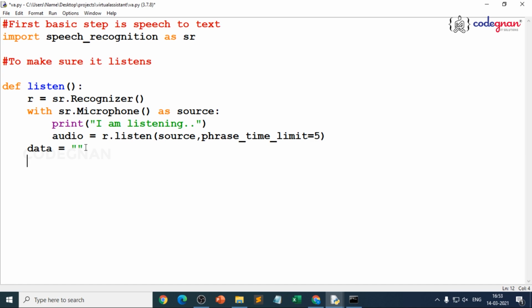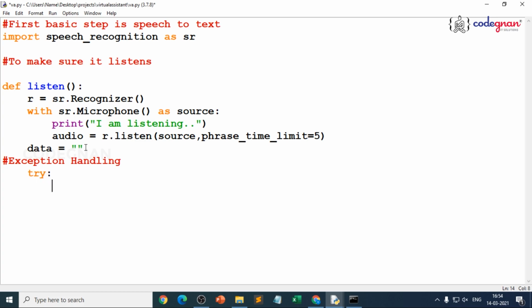Now, how do you handle all the exceptions? Yes, that's correct. We have already understood exception handling, so we write our try and except block. That is the reason I told you, whatever we learned, regular expressions, text to speech, we'll be importing it now. But first, I wanted to make sure how you use this, how you convert our speech to text. First I want to illustrate that, then we'll be doing some activities. So first, I'll give my try block.